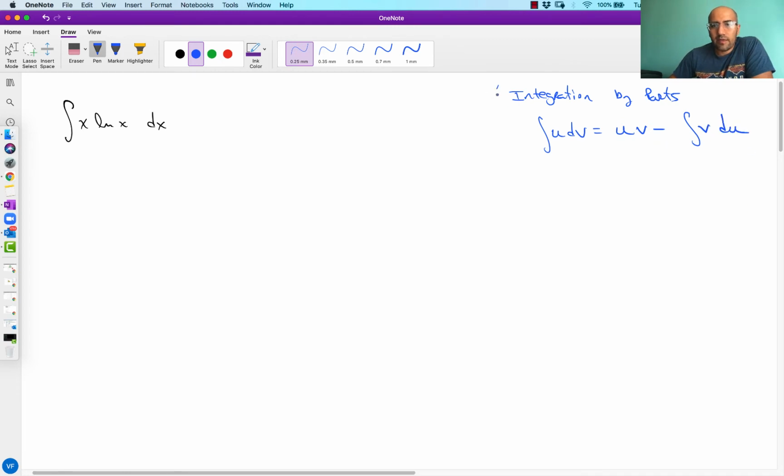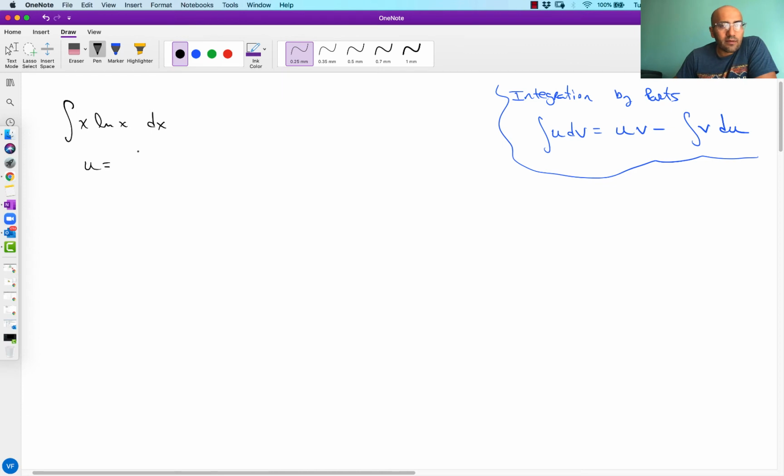Okay, so keeping that in mind, we're starting off with this one. So this has to be some u dv, right? So we have to assign which part would be the u and which part would be the dv. Then we need to figure out what u is, what v is, what du is, so that we can put together the rest of this. So I'm going to create that little square underneath it. So I'm going to assign u,